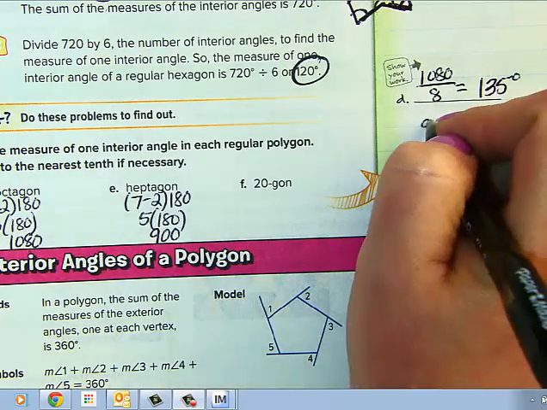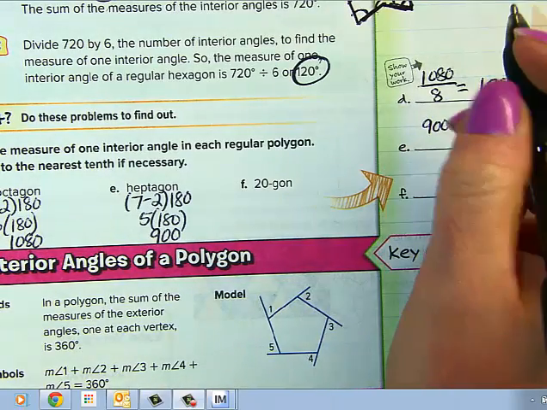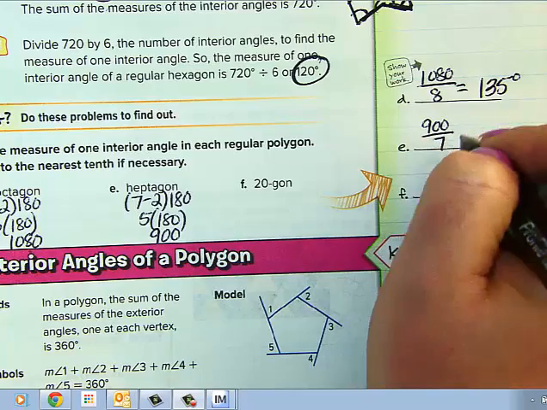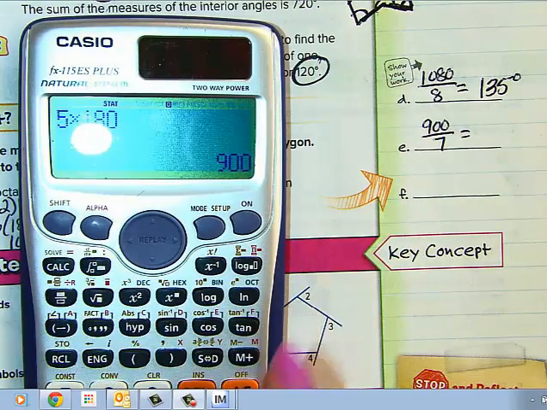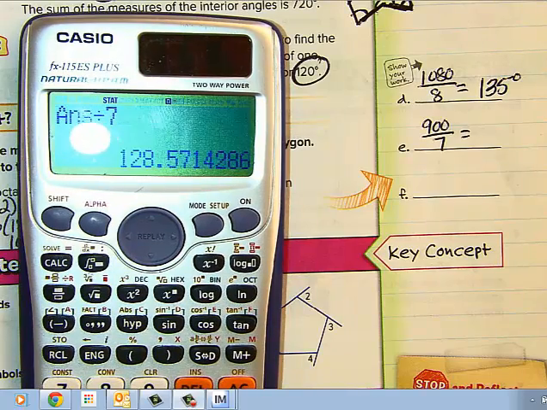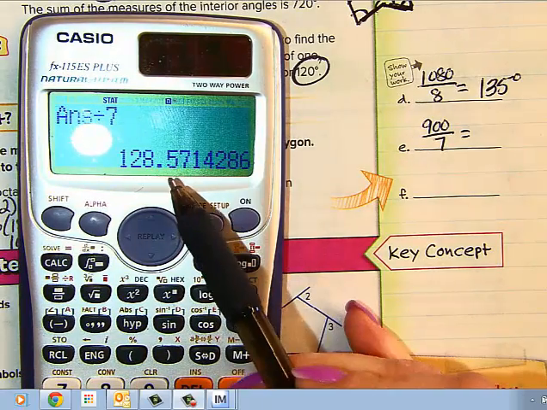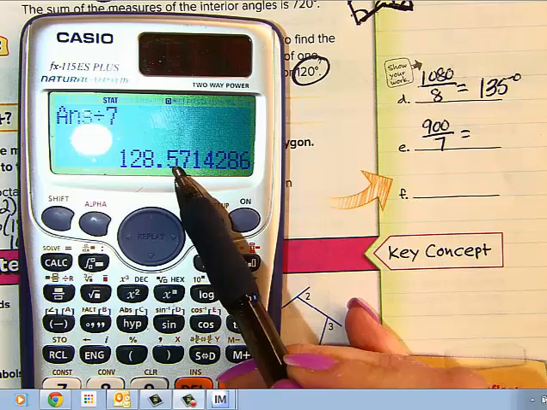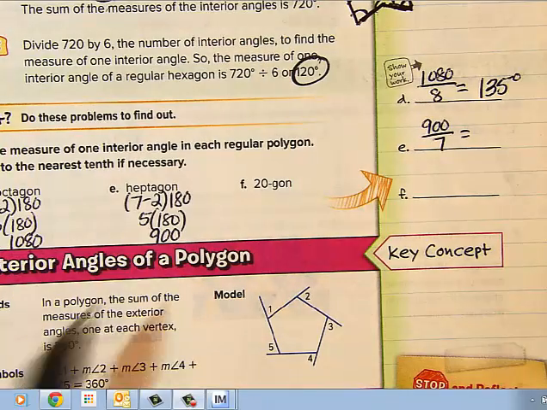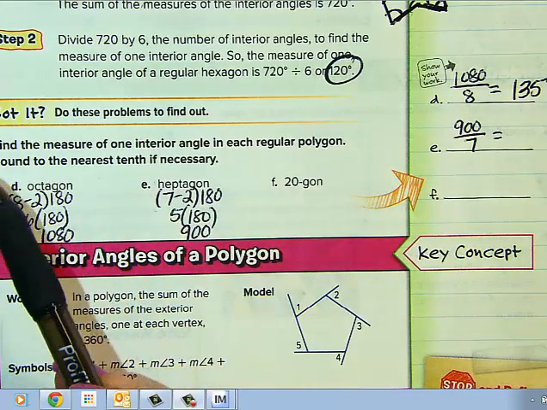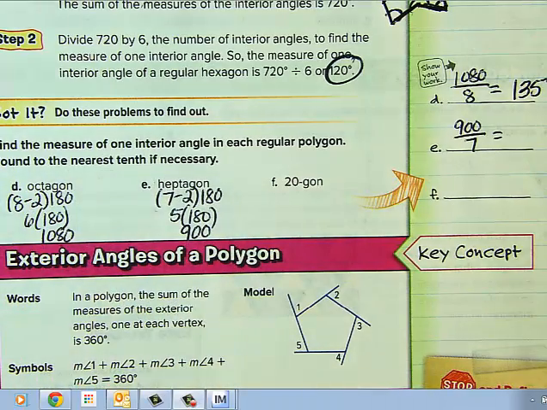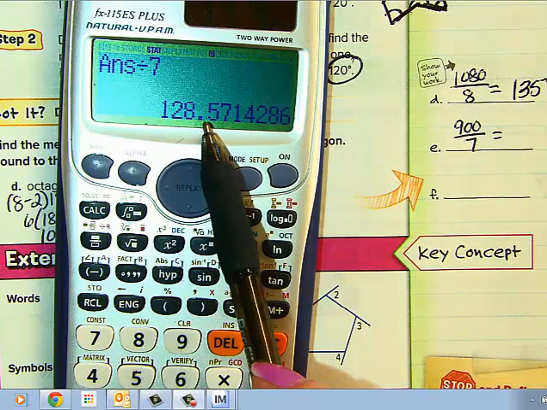So I have 900 divided by the number of sides. There are 7. So if I took 900 divided by 7, I have 128 point, we're going to go ahead and make that a 6 because in the book it says round to the nearest 10th. Round to the nearest 10th. And if I look at this, the 5 is in the 10th spot,